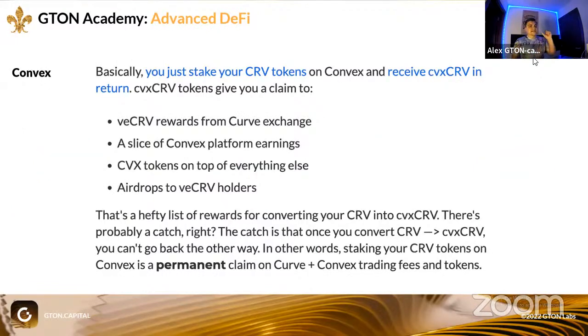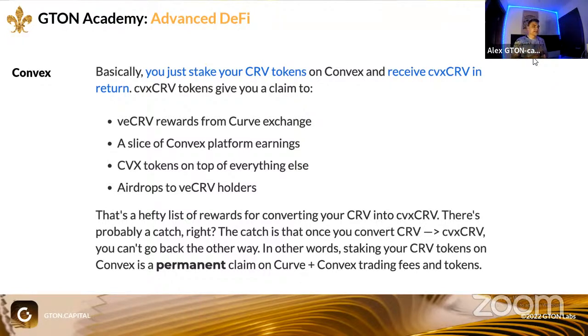And CRV and CVXCRV are basically exchanged to each other, right? So you can lock your CRV in the form of Convex CRV and get much more, because there is a combination of different factors, also including airdrops for the projects, or also including the fees generated by the common pool. So yeah, this is how it works. Basically, the wrapper with another token boosts the general APR.